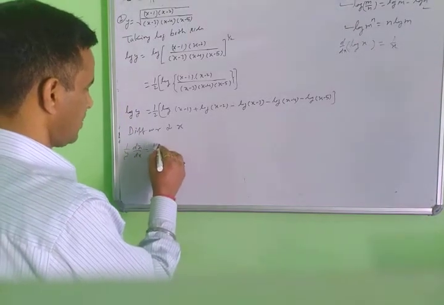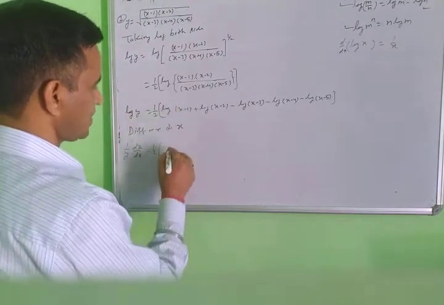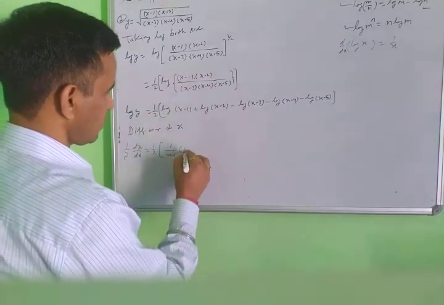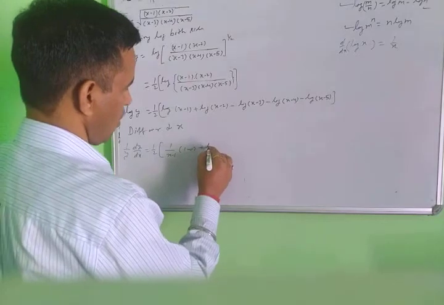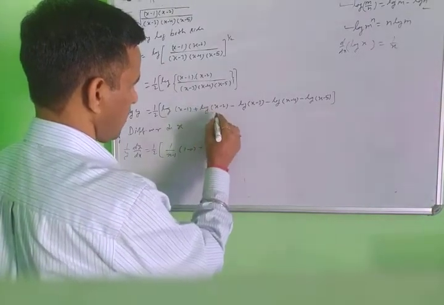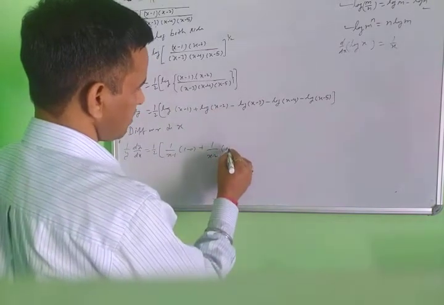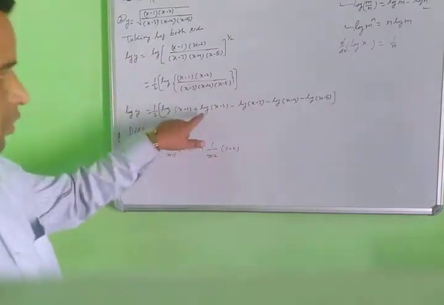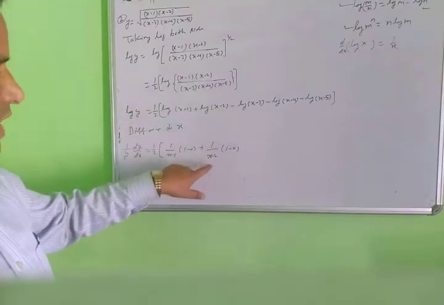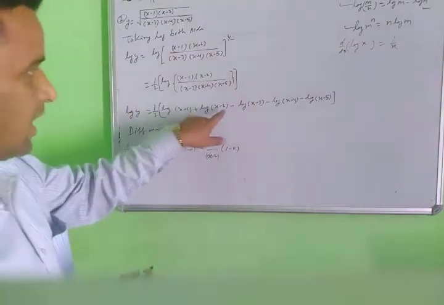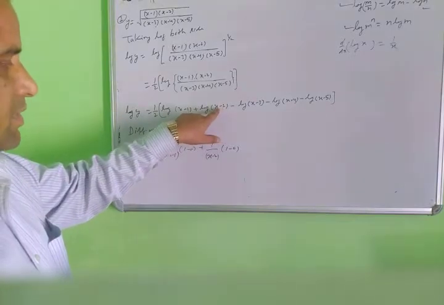Now 1 by 2, log (x minus 1) means 1 upon x minus 1, differentiate again this, 1 minus 0, plus log (x minus 2), 1 upon x minus 2, again 1 minus 0, and differentiating x minus 2, the derivative of x is 1